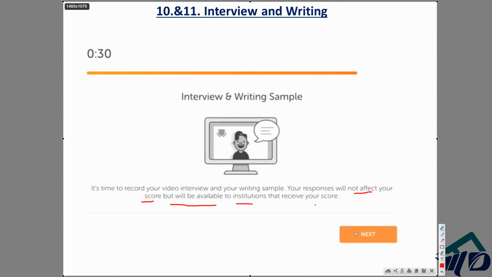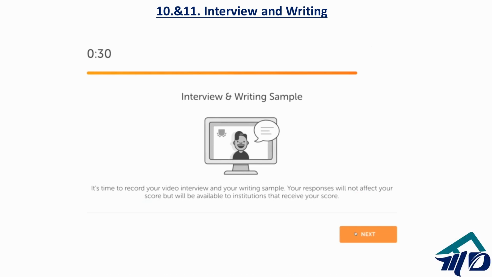So if your score is 140, that would be based on the first 9 activities, not on number 10 and 11. If your score is let's say 105, the score is based on the first 9 activities. So you need not bother at all for number 10 and 11. But at the same time, you should not have a casual approach. Like, okay, as it is not getting counted in my final score, so I will not do good, or I won't attempt at all. No, you should not do like that.